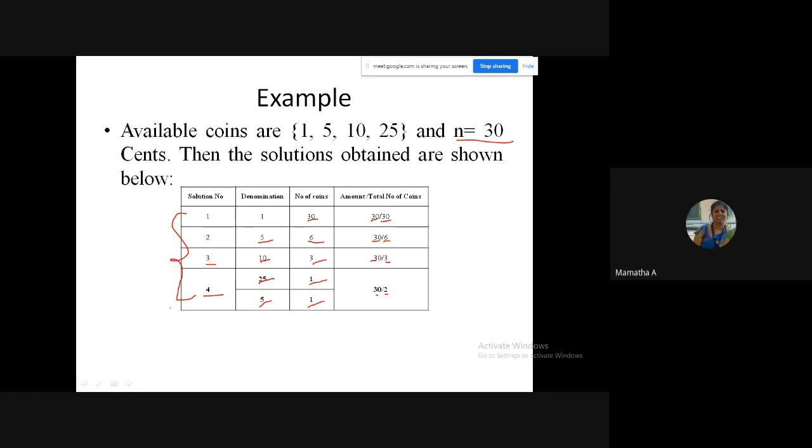Out of which solution is your optimal? Fourth one. Yes, right? So 1, 2, 3, and actually 4 are all the feasible ones, wherein the solution number 4 will become the optimal solution for me. Remember, an optimal is always a feasible solution.